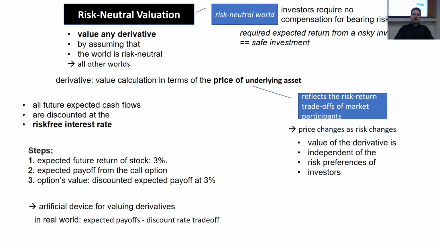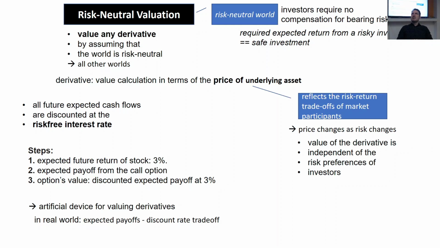And this should not work at all in real life. But if you are thinking about derivatives, then this can be a really useful conversion, at least at some levels. So what can happen? If we are evaluating any kind of derivative, we can say that the world is risk neutral in this case. So all the risks are just happening at the level of the underlying product, but not at the level of the derivative. So no further risks are added,